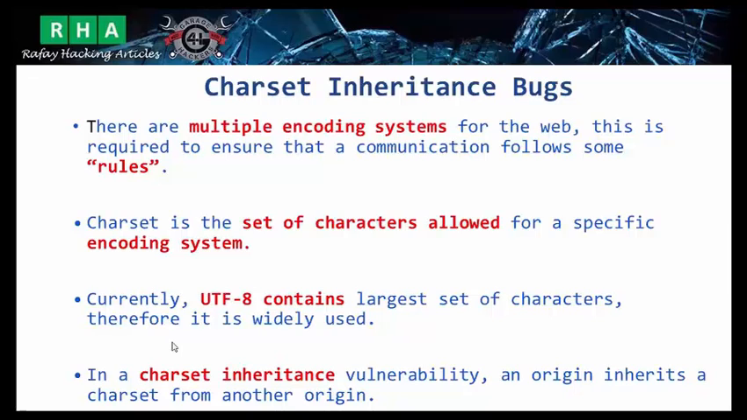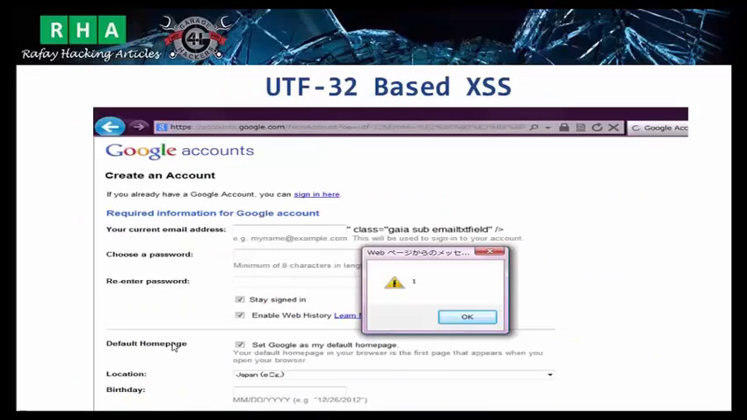And a charset inheritance vulnerability occurs when an origin, say example.com, inherits a charset from another origin, say evil.com. And this is one of the most famous bugs when it comes to charset inheritance. So this is Google Accounts at accounts.google.com, for which Masato Kinugawa was awarded $7,500, which exceeded the normal amount at that time, which happened to be $5,000, right? So Masato Kinugawa realized that there is this OE parameter that is passed via GET request, which can be used to change the charset,